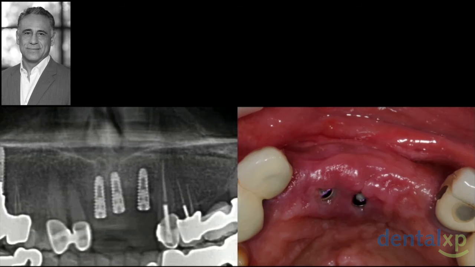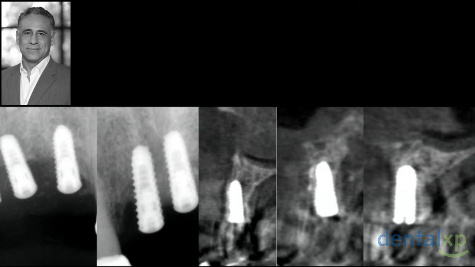So here's a patient who presented with 3 implants that were placed. The patient presented with pain and site inflammation and bone loss evident on the x-rays. And we can see that the implants were placed quite palatally, out of the envelope of the supporting bone structure. There is loss of bone, crestal peri-implant loss of attachment, and the implants themselves are quite evident on the CT scan as being